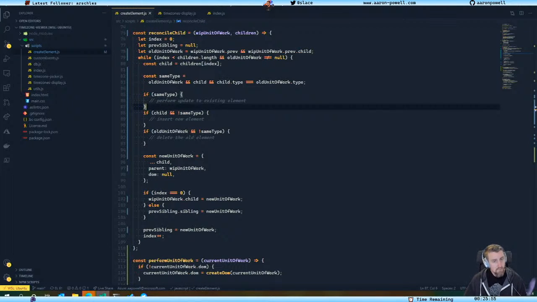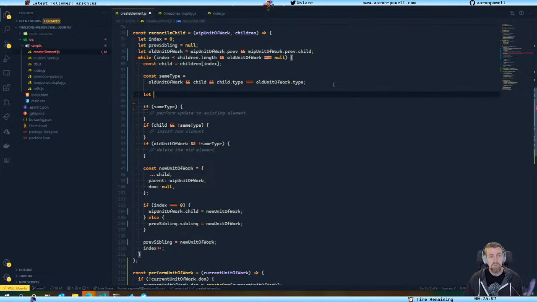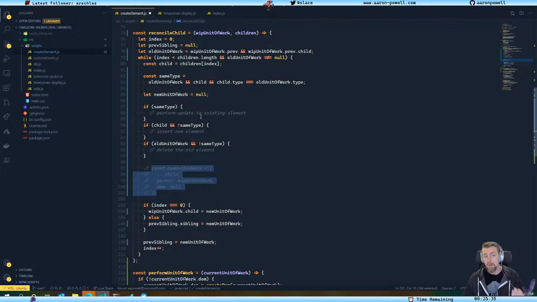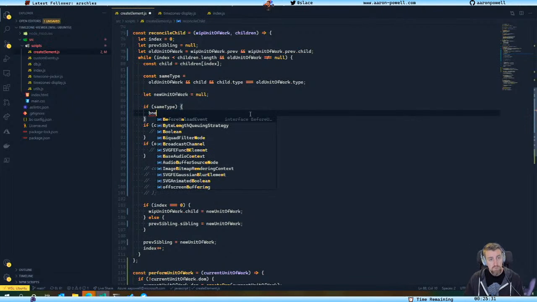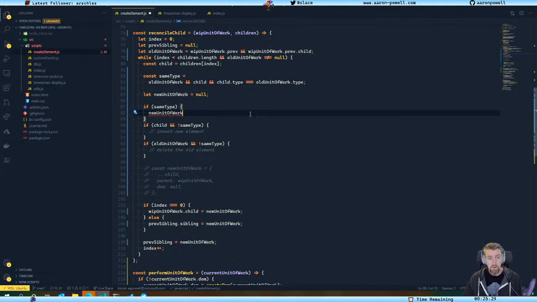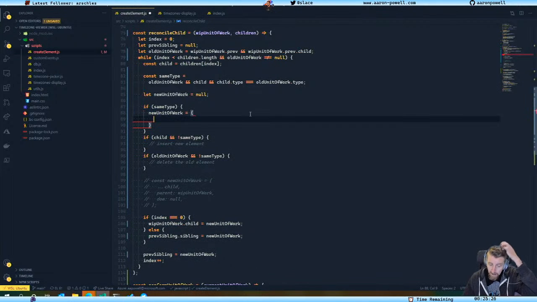Right, so now we have that. Now we're going to start creating our new unit of work. So the new unit of work is going to have to be, unfortunately, let bound. New unit of work. And that will be null to start with, because I can't do it as a const, because it's going to be the result of, well, we're going to do something in each of these different ones here. So the new unit of work is actually going to have a type,